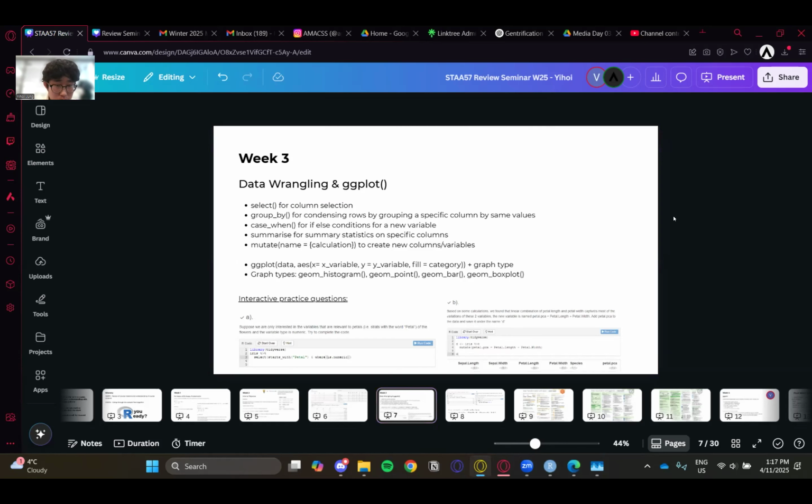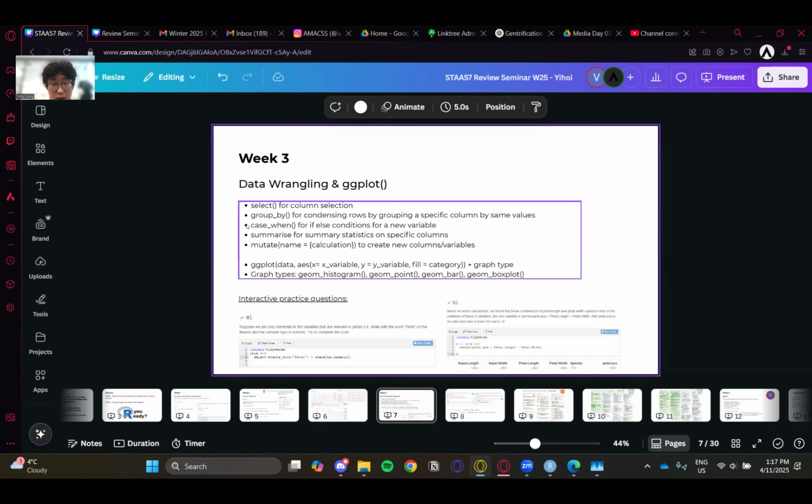If all good, then yeah, for data wrangling and ggplot, we have a lot of functions here to manipulate the data. So the first part was the data exploration. Now we're getting into manipulation. So you can use select for columns, group by for condensing rows, case when,